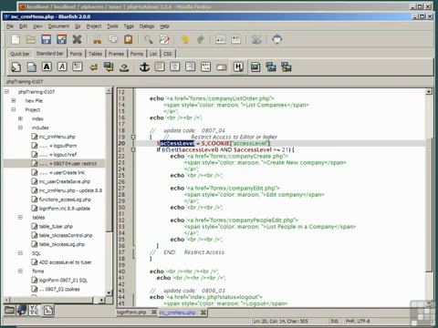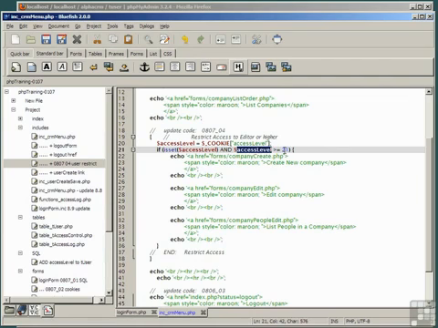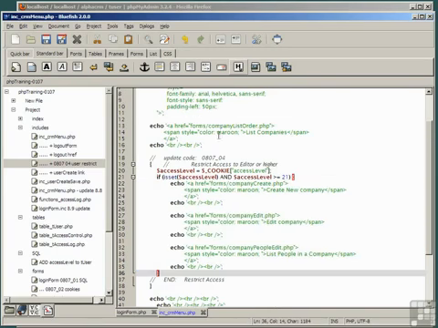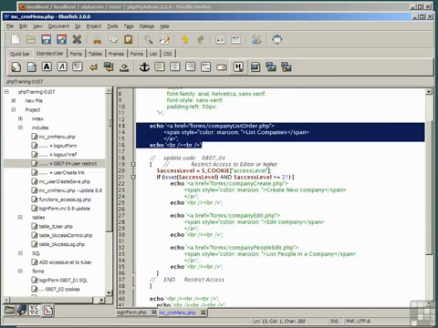So it assigns the variable access level to the cookie access level, and it says if the variable access level is set and its value is greater than or equal to 21, then display these menu items. Otherwise, we're only going to see the one menu item displayed. Save that